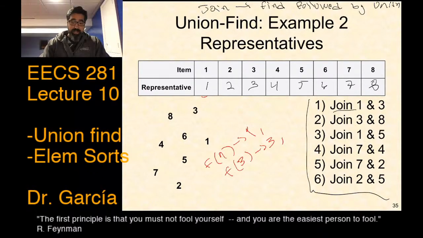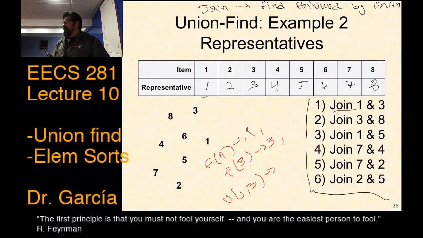So after that, we would do union of 1 and 3, which means that what I would do, and this is by convention, okay? I'm making the assumption that this is what I'm going to do, because actually there are multiple ways of implementing this. For example, if I need to pick a representative, it could be the one that has the lowest integer value. That could be an option. But here, we're just going to say whatever is